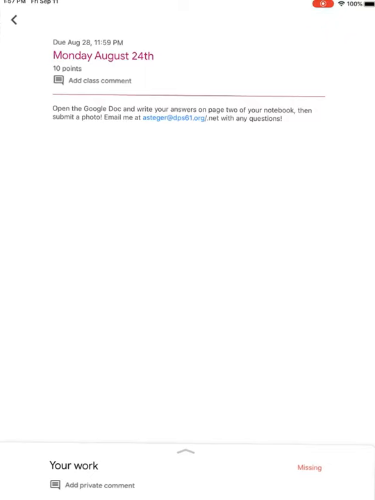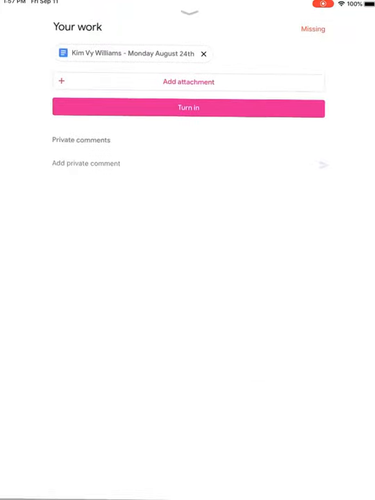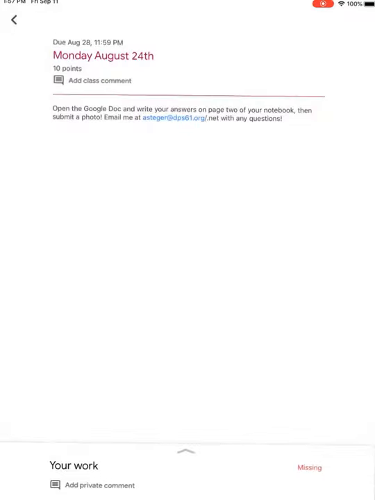I'm going to read the instructions. It says open the Google Docs, write your answers in page 2 of your notebook, and then submit a photo. So you can write your answers in a Google Docs and submit a photo. So I'm going to scroll up. There should be, on the bottom, a little arrow that pushes up, or you can just push the bottom